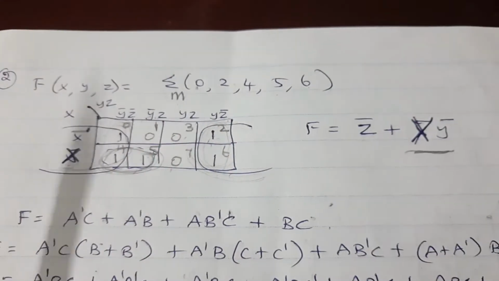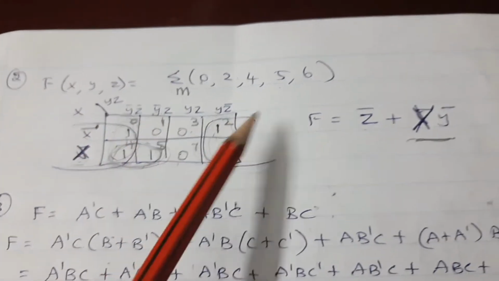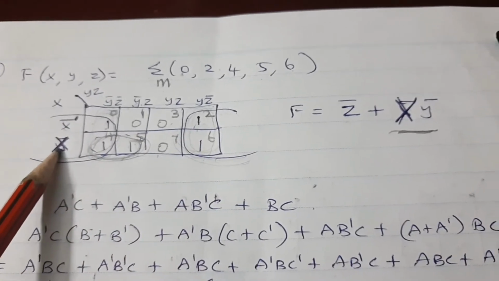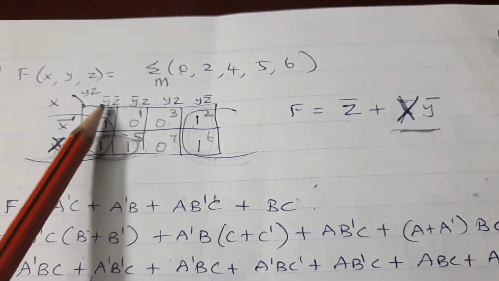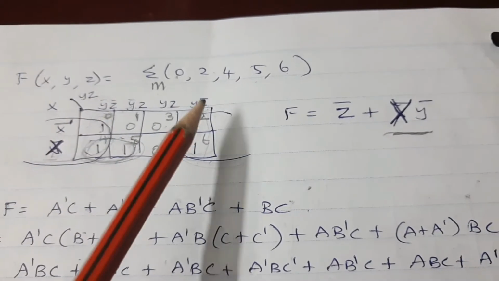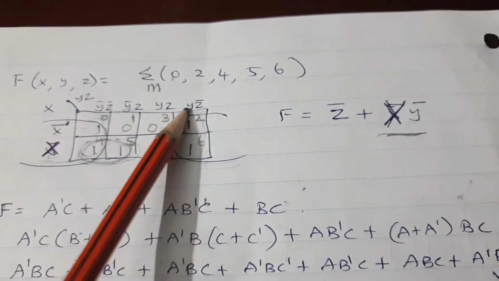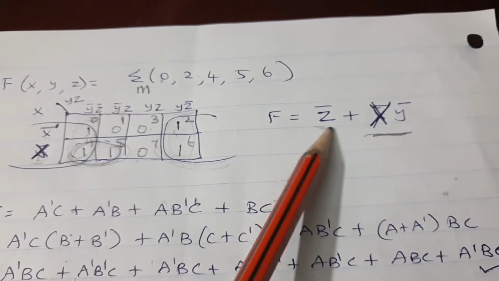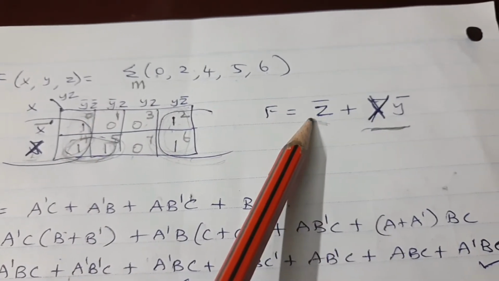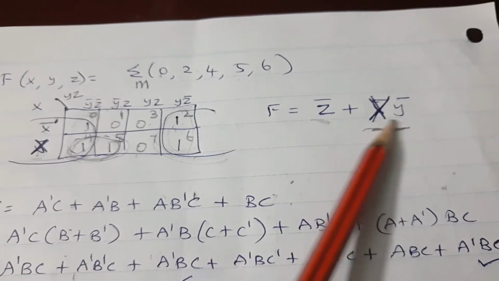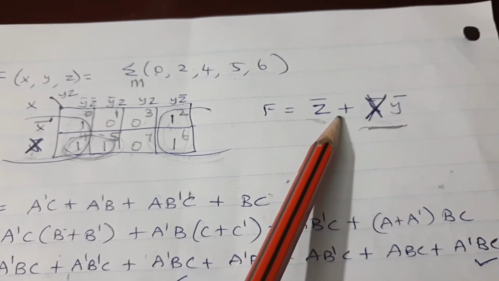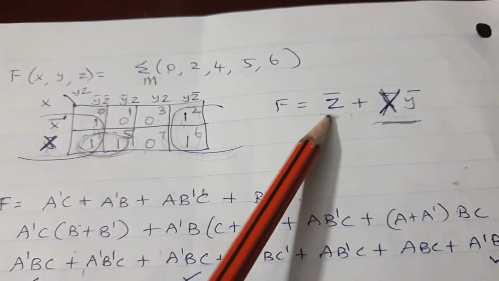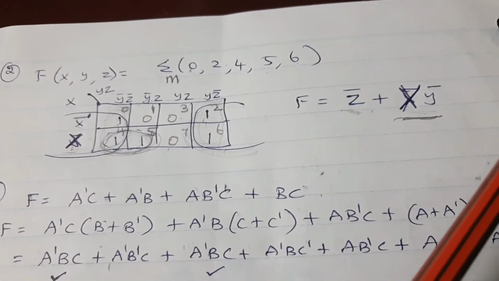You got the answer. Next, you are combining with the folding technique. 4 ones are there. X bar, x, it is changing. So, no need to worry about it. Now, you have this column and this column. What is the variable unchanged? Z bar. So, the answer is only Z bar. See here, you have reduced the gates. You have only one AND gate and one OR gate. If I write it in 3 terms, I'll get 3 AND gates and 2 OR gates.